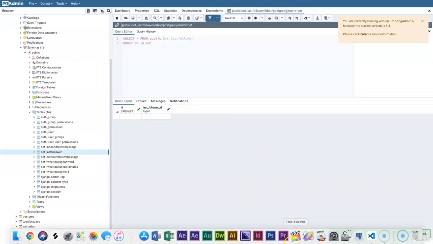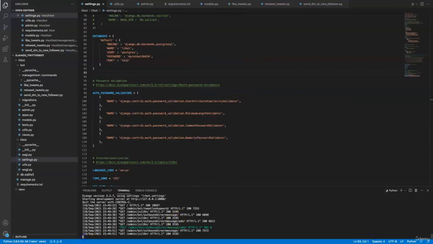It's empty. So let me run my bot for the first time. I'm going to Control-C to interrupt my server. And then the next thing I'm going to do is to run python manage.py send DM to new follower. Okay,